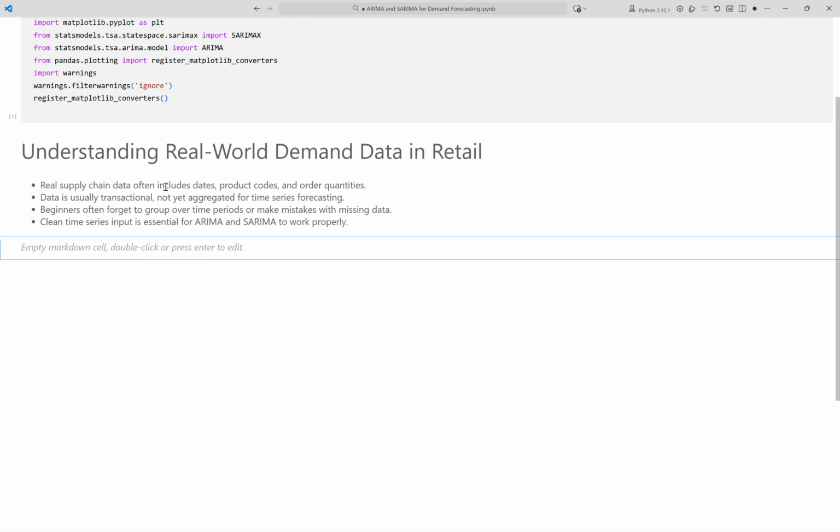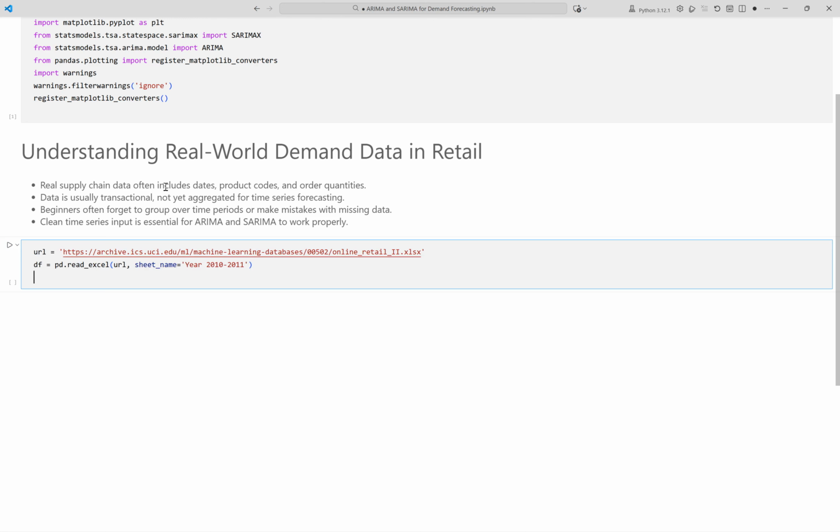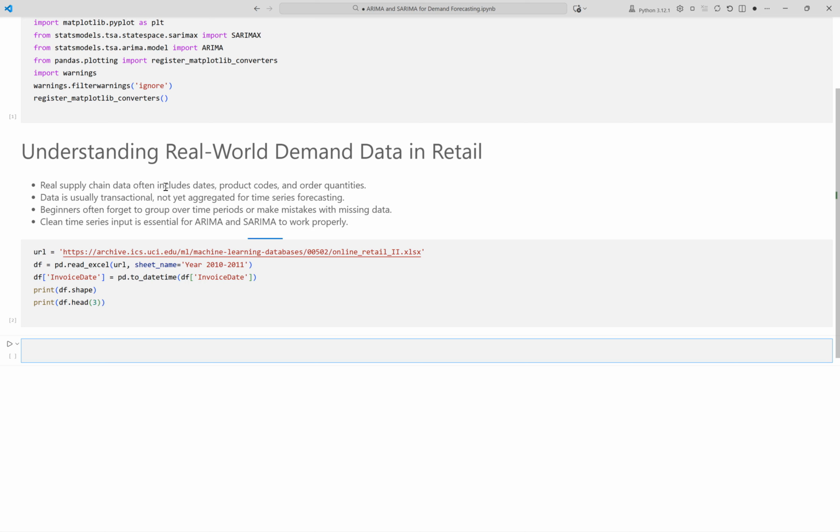We load a real retail demand dataset from UCI. This file tracks each product sale by date, store, and item. We make sure dates are in date-time format for time series grouping. Let us look at the shape of the raw transactions table. Previewing the first 3 records helps validate the data loaded correctly. Running the cell now. This output shows the raw, transactional retail data with over 500,000 rows and 8 columns, including